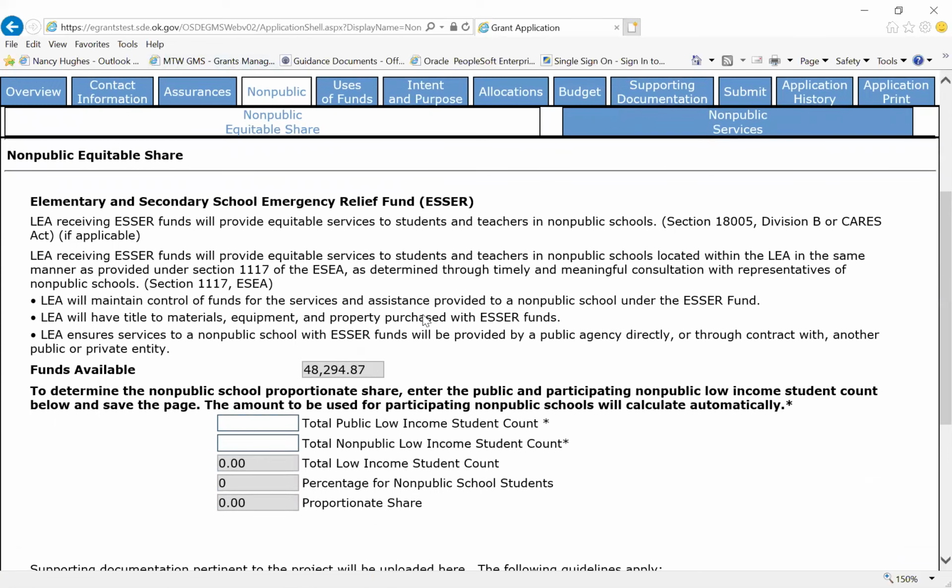The non-public schools page is for those private schools that are located in your LEA attendance area. This is different with the CARES Act. If the private school is located in your attendance area, then you will need to consult with them about the ESSER funds and all the different areas that they can spend their money. If they would like to participate, then you will fill out the packet that is on our website, the Office of Federal Programs website. They will sign it, you will sign it, and you'll send that packet, you'll upload that